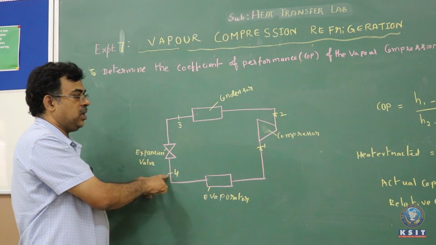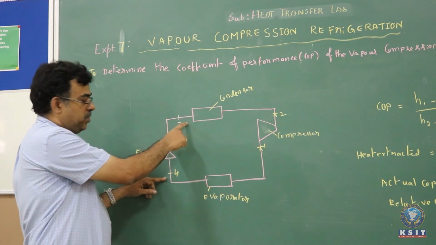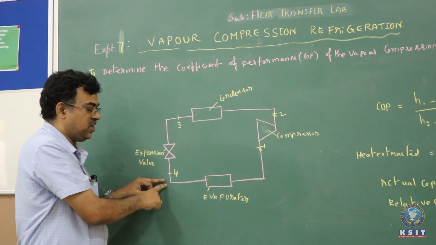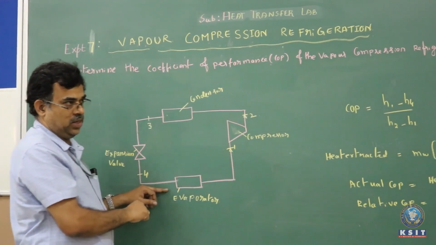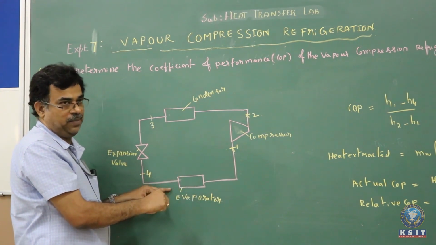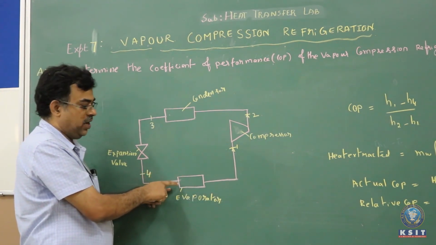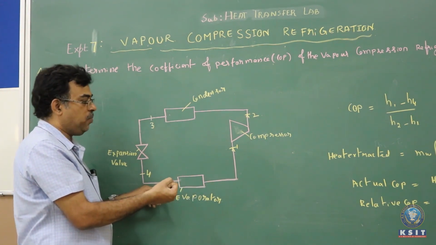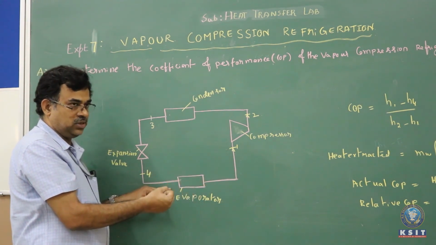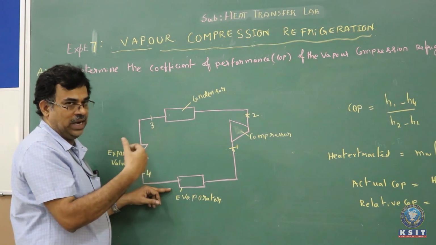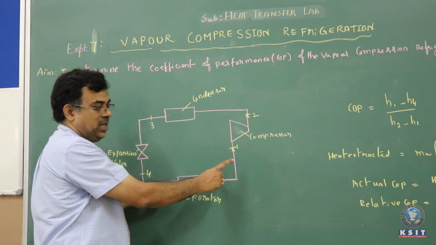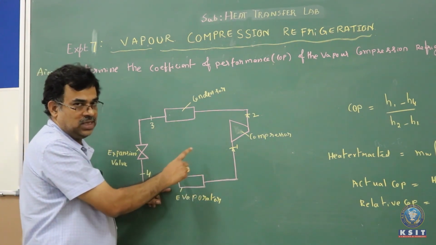And what about the pressure? The pressure also decreases from maximum pressure to minimum pressure. The low pressure, low temperature refrigerant enters the evaporator. Inside the evaporator, it is at a higher temperature. When the cold refrigerant passes, it absorbs heat at a constant pressure process. That means heat is added to the refrigerant. When heat is added, its temperature increases and the pressure remains the same.